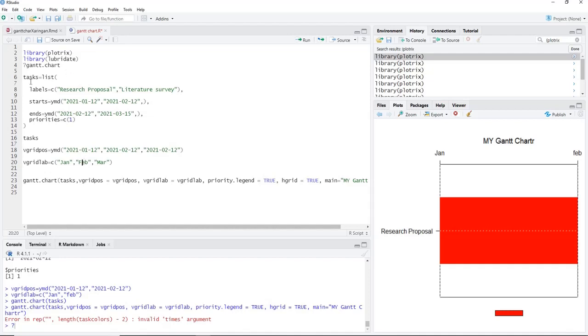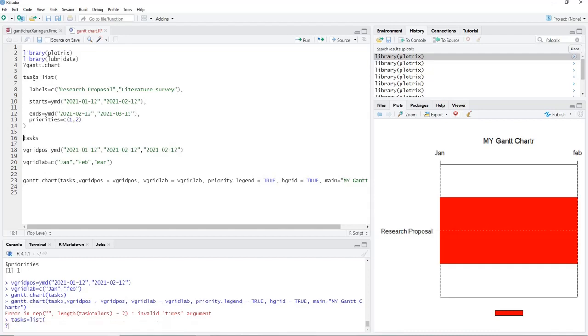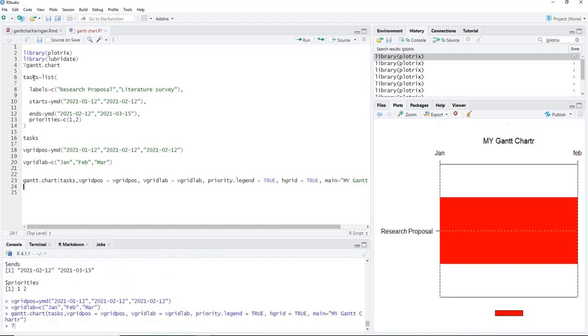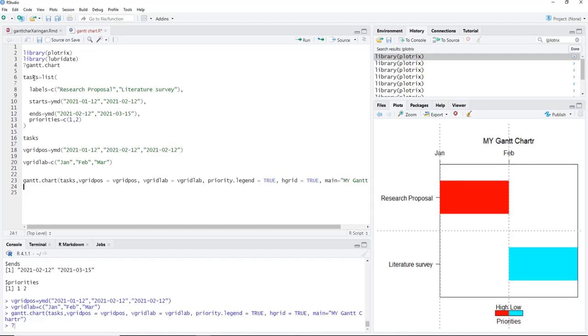We'll run this. Tasks also will run. That priority I'll add here as 2. This extra argument I will remove. We'll run that, and proper Gantt chart is there now.